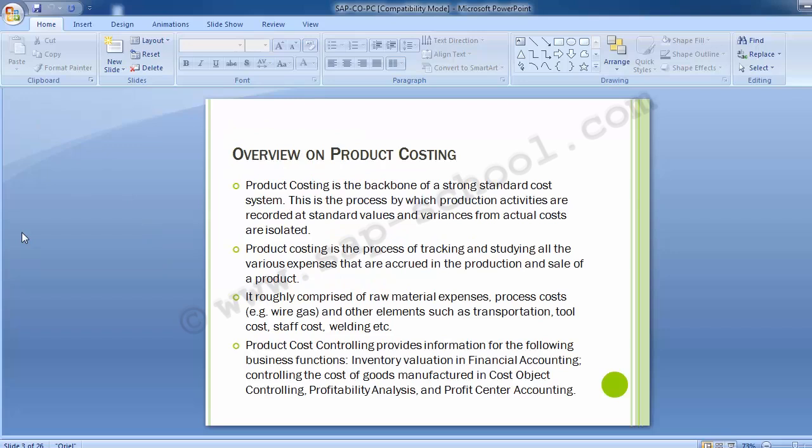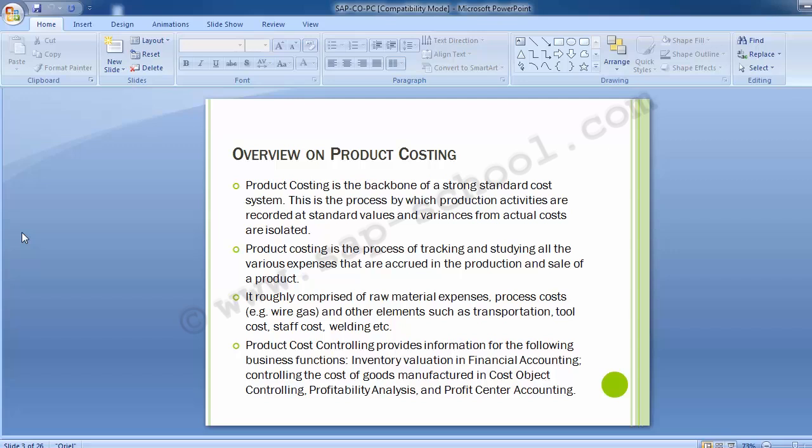Product costing is the backbone of a strong standard cost system. This is the process by which production activities are recorded at standard values and variances from actual costs are isolated. Product costing is the process of tracking and studying all the various expenses that are accrued in the production and the sale of a product. It roughly comprises raw material expenses, process cost which include wire, gas, electricity, and other elements such as transportation, tool cost, staff cost, welding, and many more such